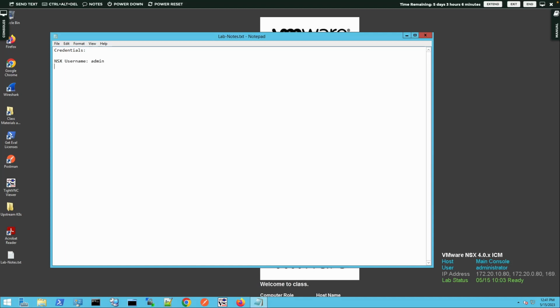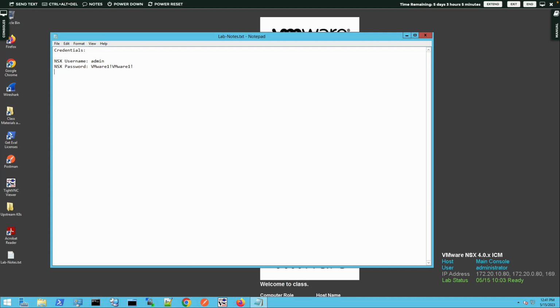We're not doing a whole lot of role-based access control until one of the last labs. And the NSX password is VMware1!, VMware1!. Note the V and the M in both of those are capitalized. Now, we're doing that because NSX has a little bit more stringent password requirements than some of our other tools. So, it's just worth thinking about the fact that this is a slightly longer password,